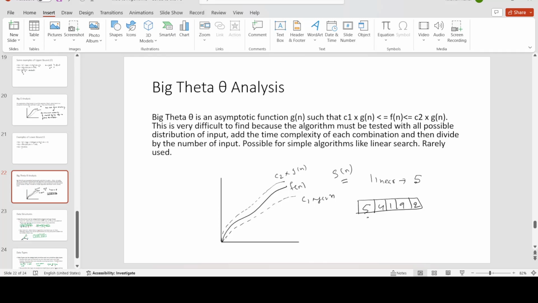So এখানে 5 প্রথমে পাওয়া যাবে, তারপরে এখানে 5 দ্বিতীয় ঘরে পাওয়া যাবে, এখানে 5 তৃতীয় ঘরে পাওয়া যাবে,